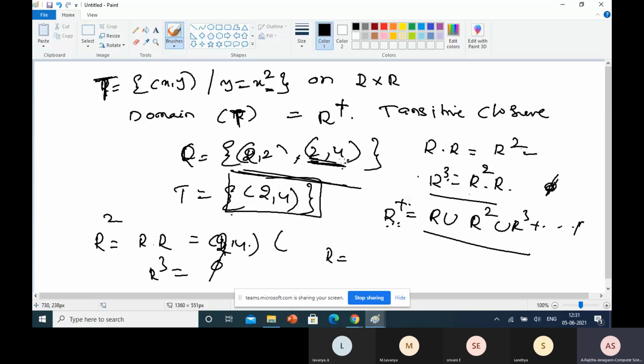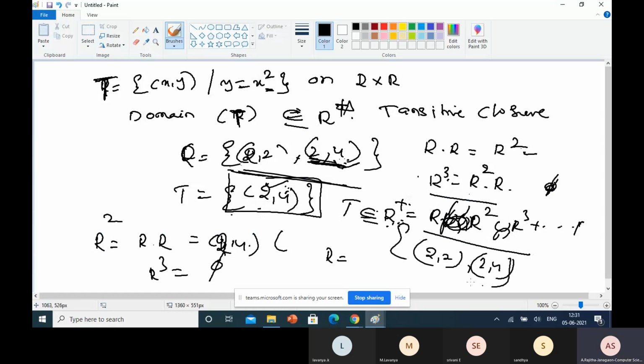2 to 2, 4. So out of these, intersection. Now here only this is positive. Only 1 is common, and only that exists in it. That means the domain of T is a subset or equal to R plus, not equal, subset or equal to R plus. Here we take the union. So now this T is subset or equal to this one. Here we have 2 2 and 2 4. So this 2 4 is the subset or equal to this R plus. So this is the concept.